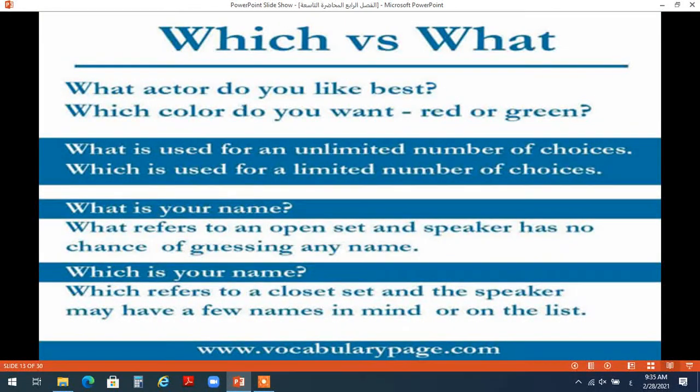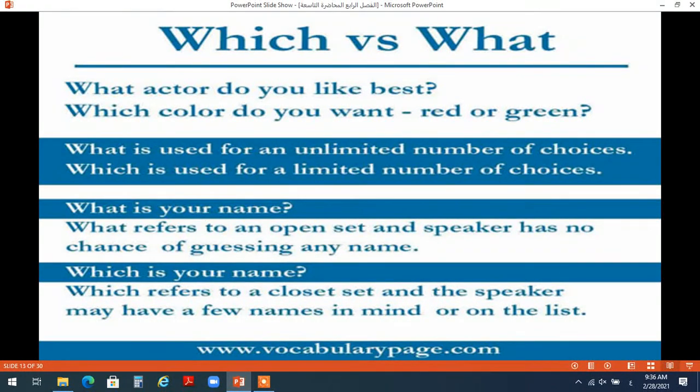For example, what is your name? What refers to an open set and the speaker has no chance of guessing any name. إذن what here تستخدم لعدد غير محدد من الخيارات أو الإجابات. حين يطرح السؤال what is your name, من يطرح السؤال هنا ليس لديه توقعات عن الاسم أو لا يوجد في تفكيره أسماء معينة، أوكي؟ لكن حين يكون السؤال which is your name, which refers to